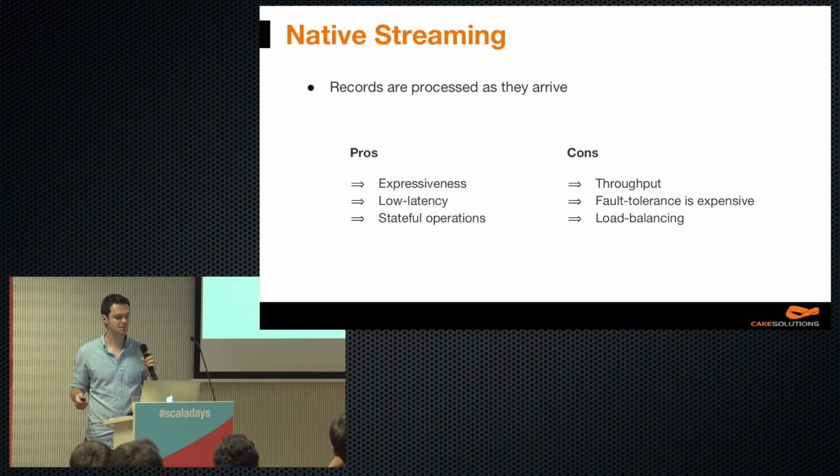companions. Apart from that, stateful operations are much easier to implement, as you will see in the next couple of minutes. A native streaming system usually has lower throughput, and fault tolerance is much more expensive, as the system has to take care of every single record. Also, load balancing is kind of an issue. Let's say we have data partitioned by a key, and we want to process it. If the processing of some key of the partition is more resource intensive for any reason, this partition quickly becomes the job's bottleneck.